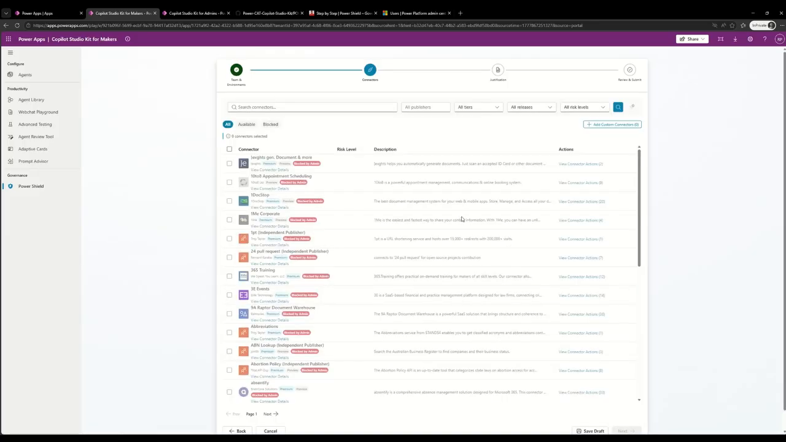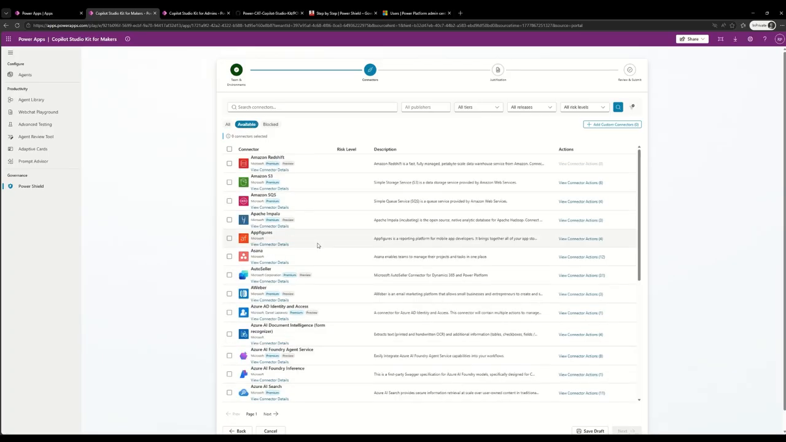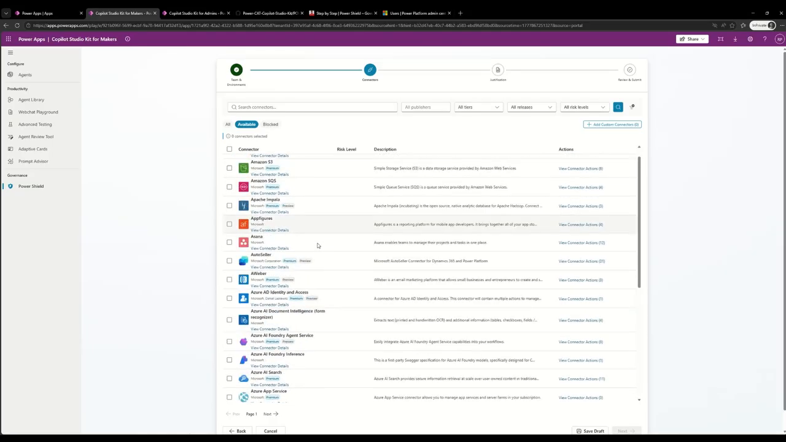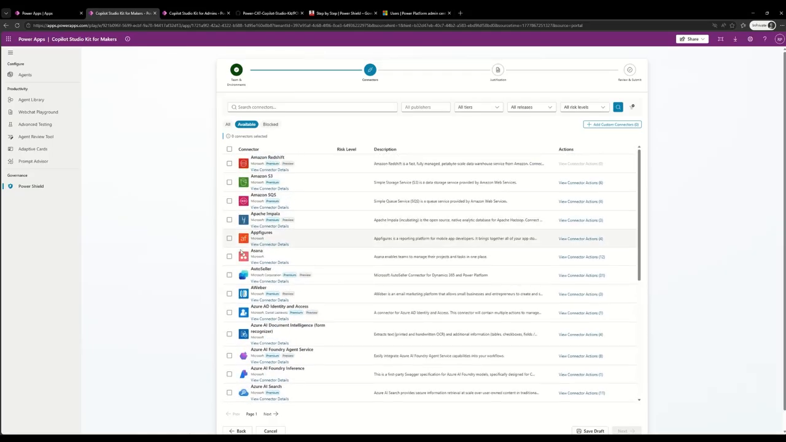Now step 2 is the maker persona. This is how the maker experience looks. By default, all the connectors would be shown here, and I cannot select the connectors which are already blocked by the admin. So now let's go to available. Now here, let's select some connectors. Maybe for now I'll go with random ones. I'll select this